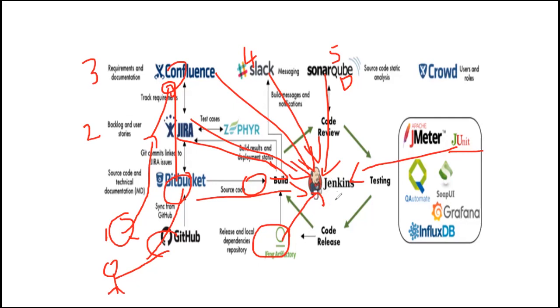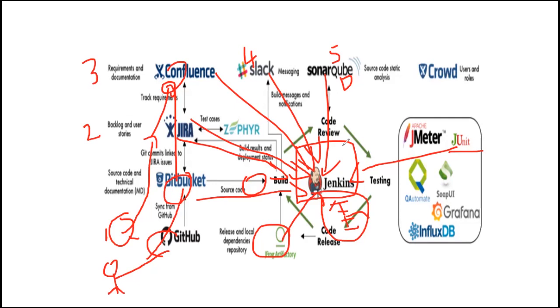So you need to create a step-by-step pipeline with all conditions. If there is new code, always go and check. If there is new code, start task one, start task two. If there is a failure, start something else. To complete this, you need to create a pipeline using Jenkins. That is why it is mandatory. Once you have decided on all the tools, you need to integrate them with Jenkins, right?